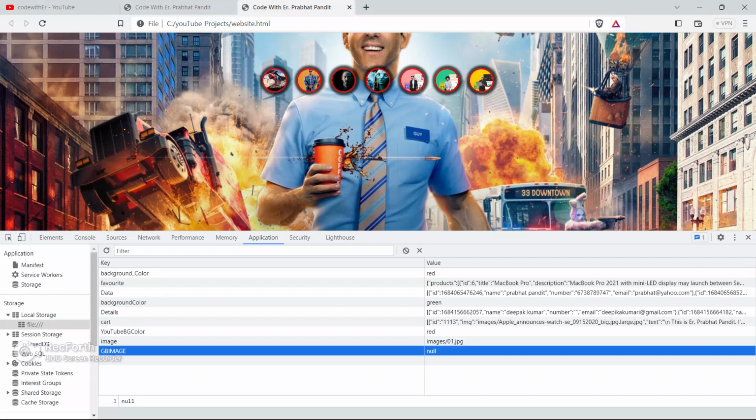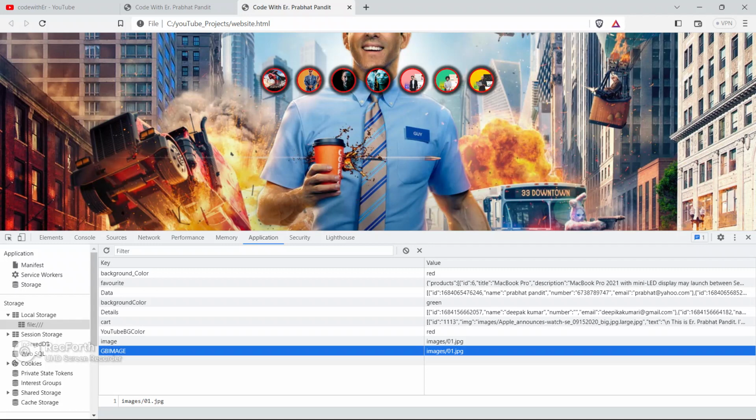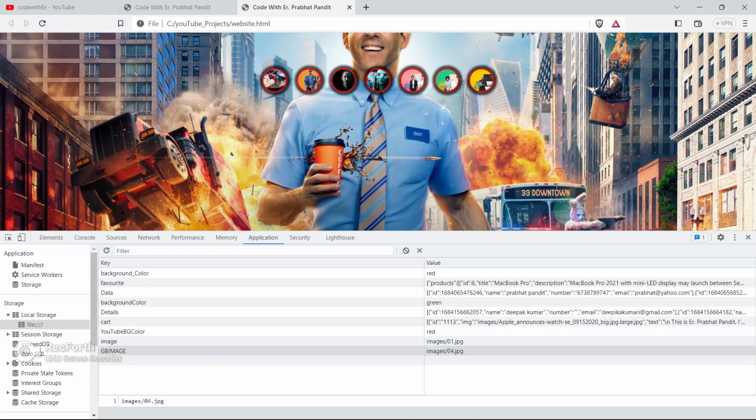So save your code, go to the browser and refresh your page and pay attention guys here. Okay, bg image, it will change the image name accordingly. Whenever you click on the button, the image name is going to change accordingly. So click on the first one, see guys, we got the image now. Click on the second one, see, we are getting the image guys, and we are saving this image to the local storage also. So refresh your page, see, it is staying guys, okay, see, it is staying now.